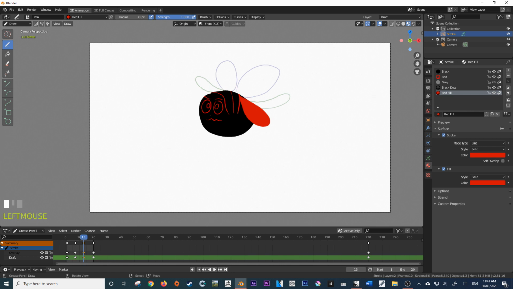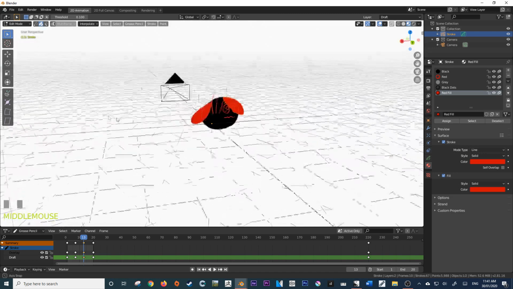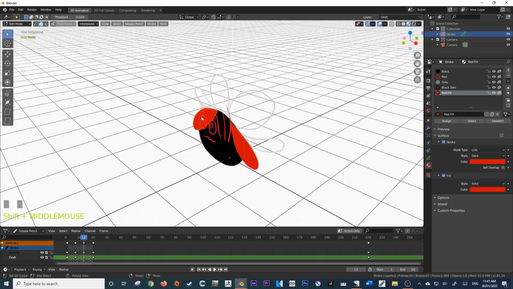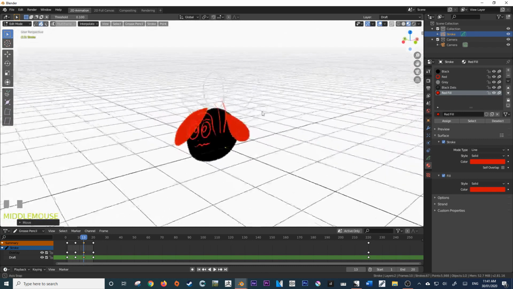Now we're going to notice a little problem, and that's the Z depth. To fix Z depths, there are multiple ways of doing it. You can do it within the layers. Another way we can do it is actually literally manipulating the Z depth. Because it's a 3D program still, we're able to do that. So let me show you. See how it's 3D? If I move this wing by pressing G and then pressing G and Y, I'm able to move that object.